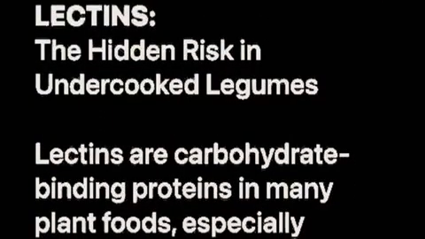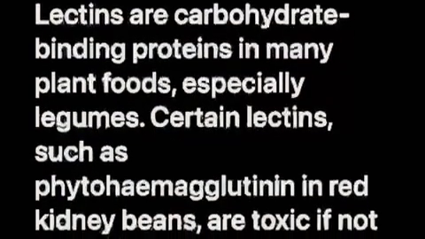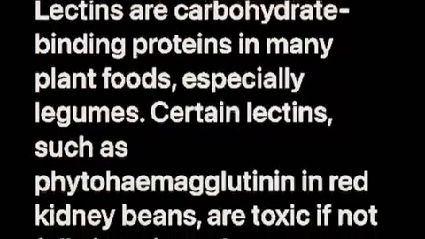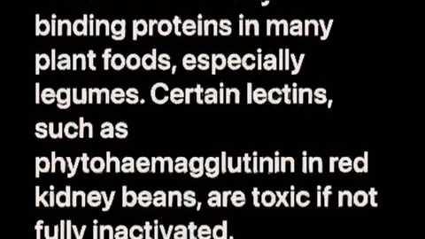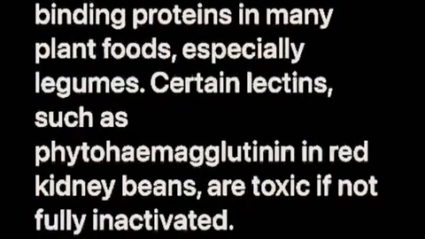Lectins, the hidden risk in undercooked legumes. Lectins are carbohydrate-binding proteins in many plant foods, especially legumes. Certain lectins, such as phytohemagglutinin in red kidney beans, are toxic if not fully inactivated. Cases of food poisoning have occurred when beans were cooked at insufficient temperatures, such as slow cooking at 80 degrees